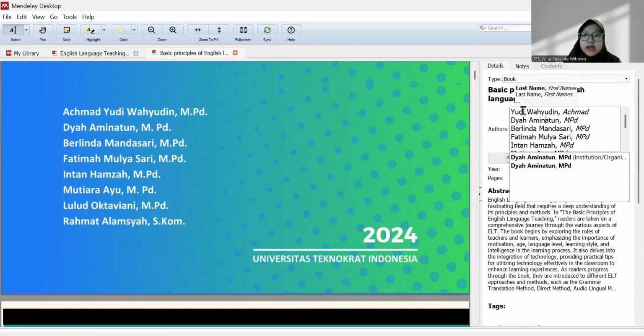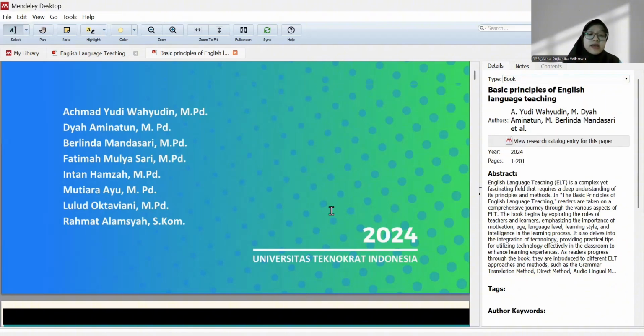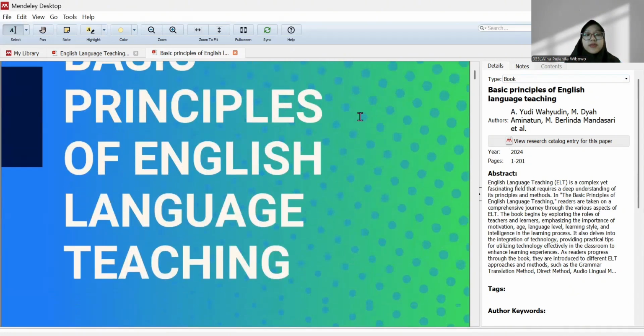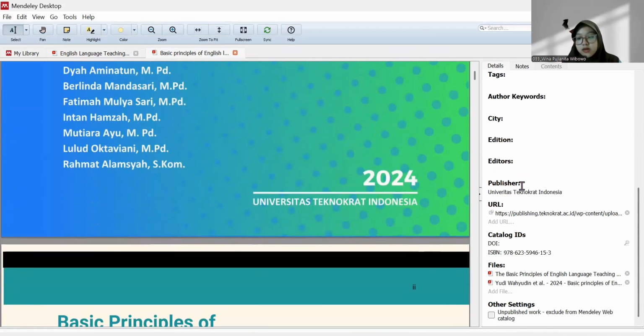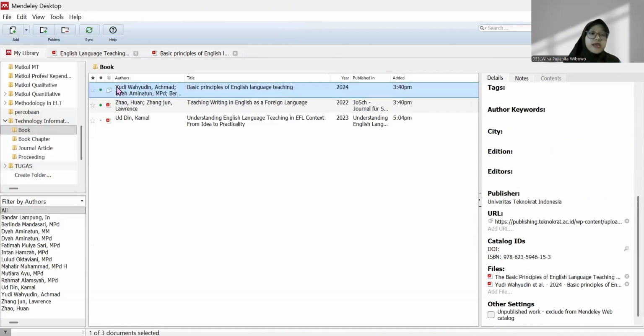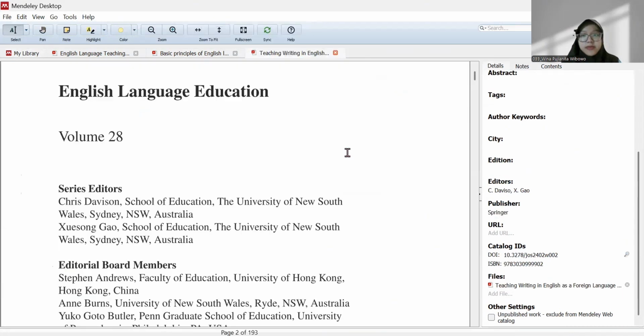This is a last name. Wahyudin is the last name, and Yudi and Ahmad are first names. Okay. And this is the year in the book, 2024, the year of publication, and the title of the book is Basic Principle of English Language Teaching, and the publisher is Universitas Teknokrat Indonesia. And the second book is, let's see,